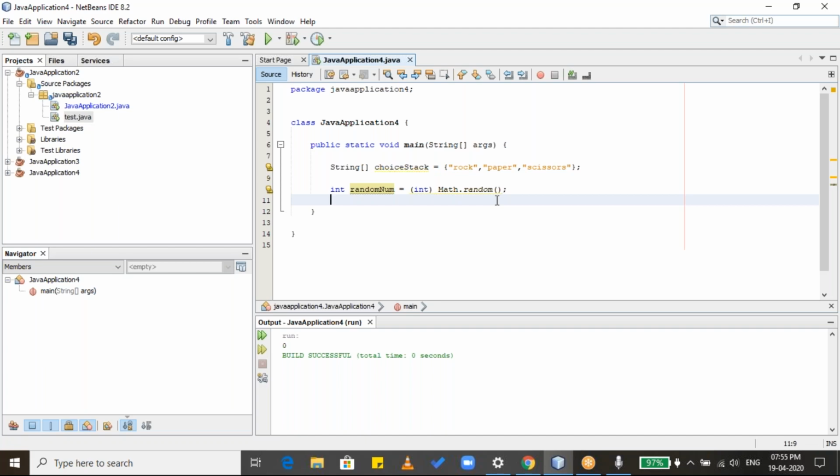So what we are going to do over here is we have created a random num variable which is going to store a random value in between 0 and 1. Yeah, it gives the value in between 0 and 1, any value. It can be like